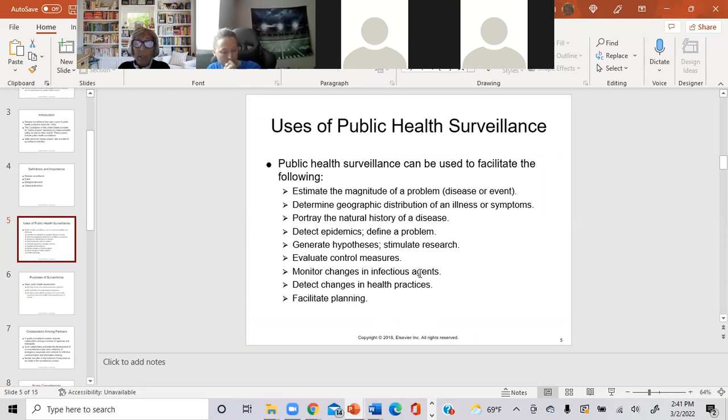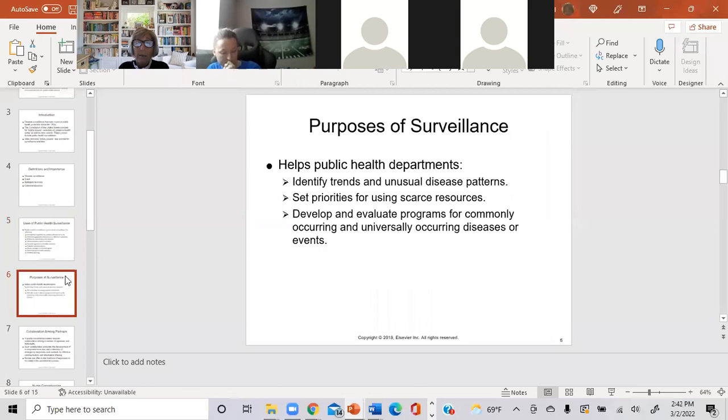All right, monitor any changes, detect changes, facilitate planning. What are the purposes of surveillance? I mean, think about it. You probably don't think of surveillance all the time when you're doing things, but think of the importance of surveillance